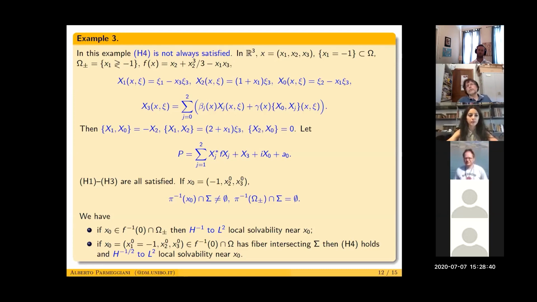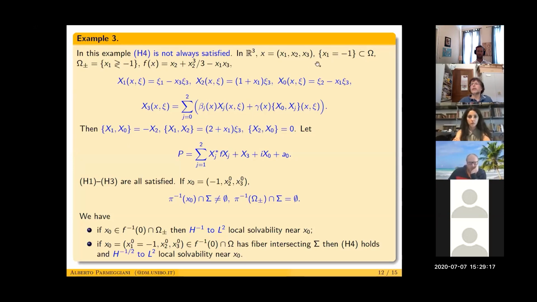Okay, this example is very interesting to me. Again, we have two vector fields. F is sandwiched in here, and X3, which is the n plus first vector field, plus iX0. So X1 and X2 are these vector fields, and X0 is this thing here. So we have a certain kind of generation of the Lie algebra. X3 is this vector field, which should be harmless in a sense. But the point is that we may, well, you see, the point is that, I cannot see something here.